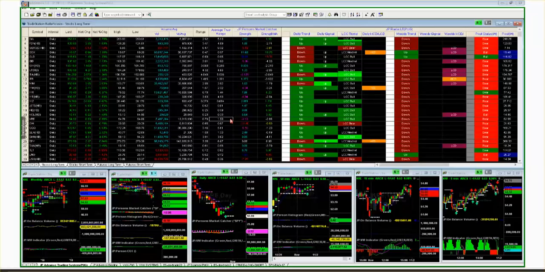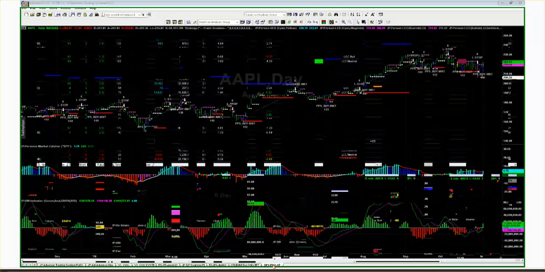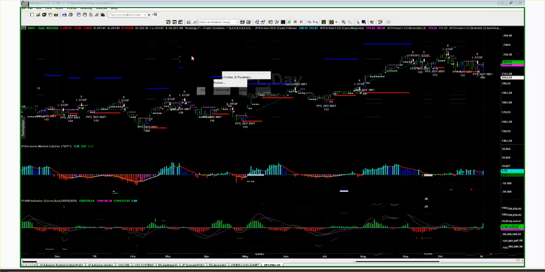So that's the thought process of how to put together an algo system strategy for yourself. A stock like Apple, or a product like the ETFs on the indexes, is a totally different ballgame.